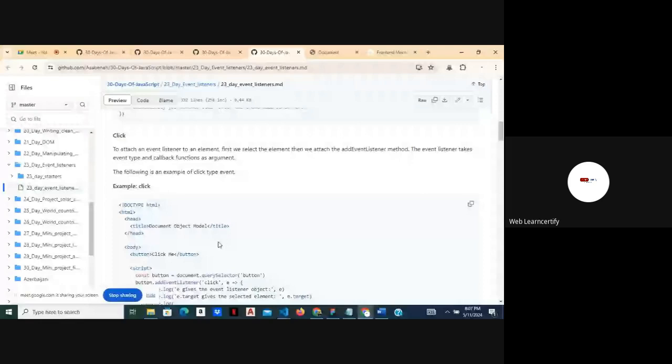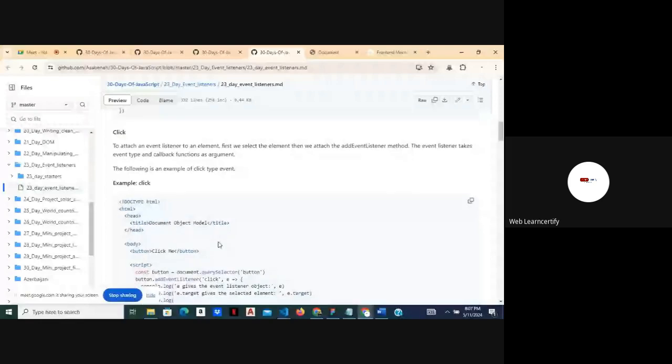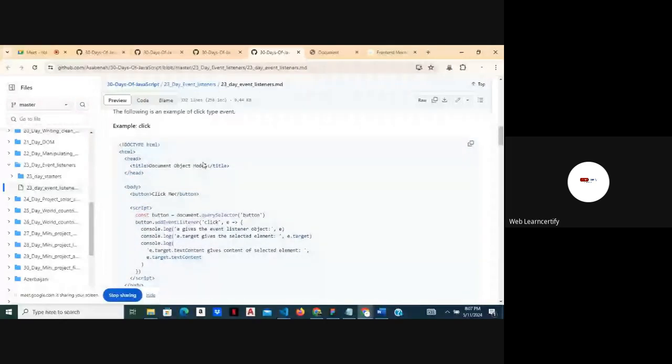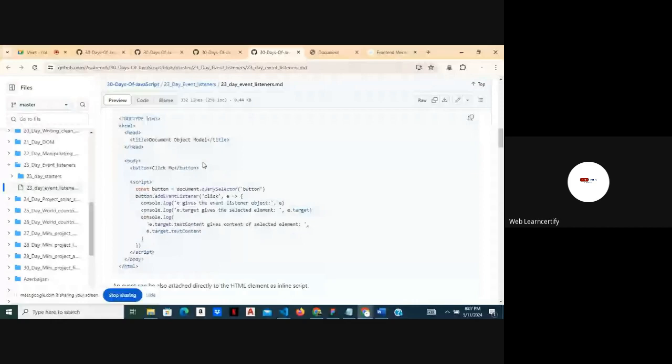Okay, so let's see a typical example. This is the DOM right now, and inside the DOM we have a button that says click me. This is internal JavaScript, so they are writing the script inside the HTML file. What they did firstly is use querySelector to get this particular element by tag name, which is a button. So they got this button and then they set